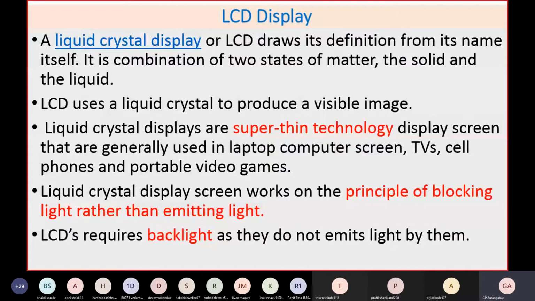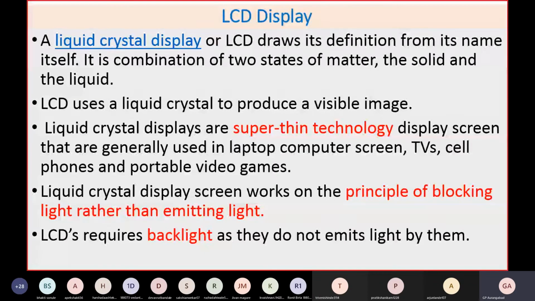LCD uses a liquid crystal to produce a visible image. Liquid crystal displays are a super thin technology, normally used in screens of laptops, computers, TVs, cell phones, and